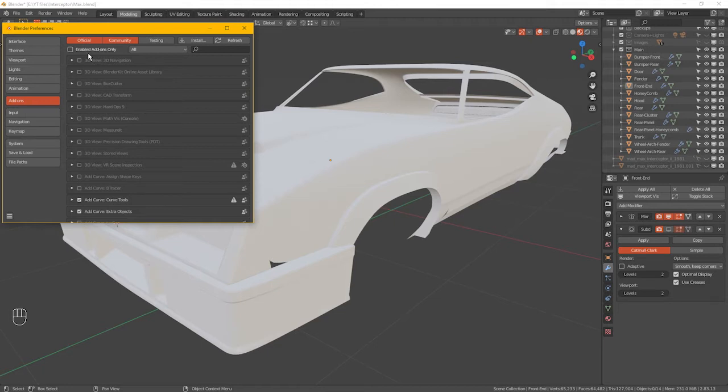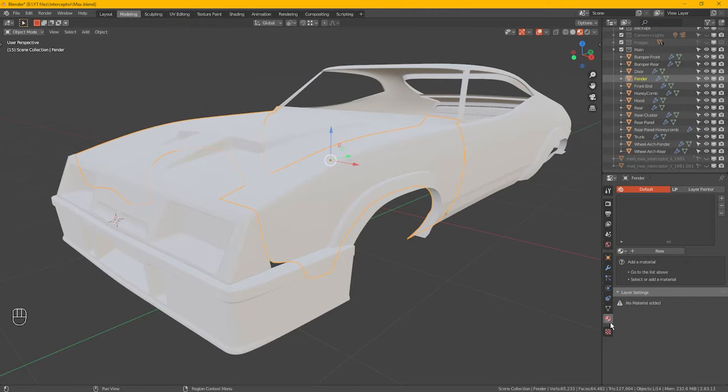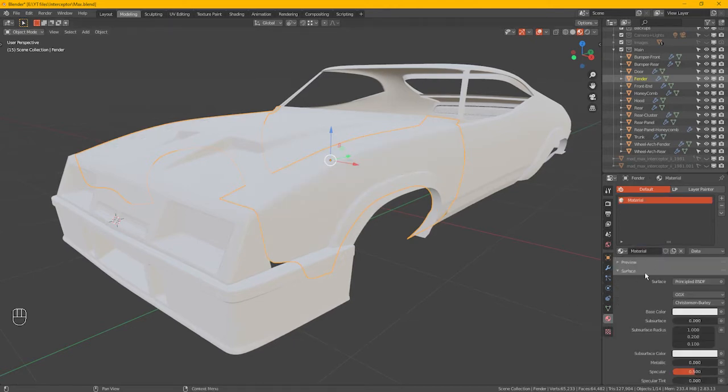what was it called? Material utilities. If you just take that one. Right, so highlight anything basically. Click on material properties, click new. Highlight the name, call it,